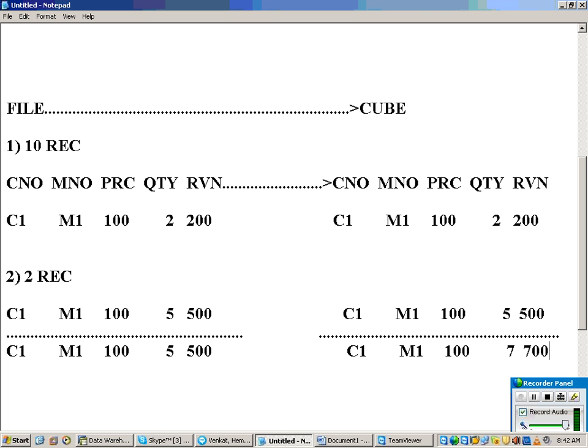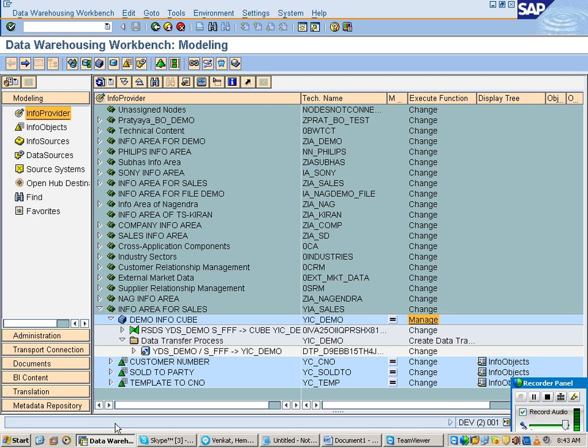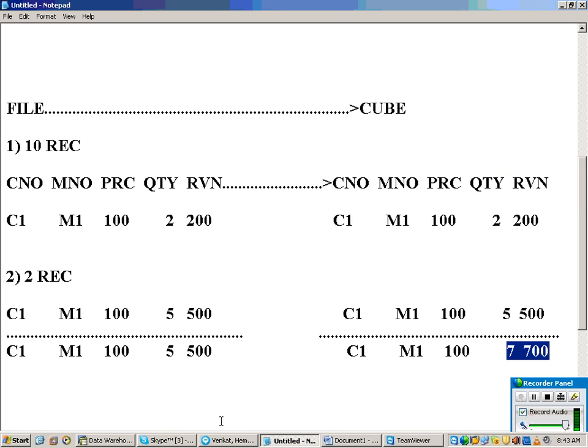Clear? So that is the problem. Now the data in the source is 500, but the data in the target is becoming different. Because of the cube property, as storage it may be 2 records, but when you develop a report, it will show as 700 only.